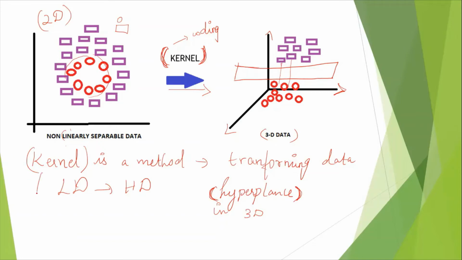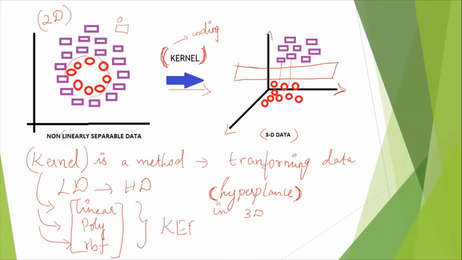Under kernel, if you see, we have three things. The first one is linear kernel. Second one is polynomial kernel. Third one is RBF, radial basis function. So only three kernels. This is important here. Kernel is used for transforming two-dimensional data to three-dimensional data, from lower dimensional to higher dimensional.